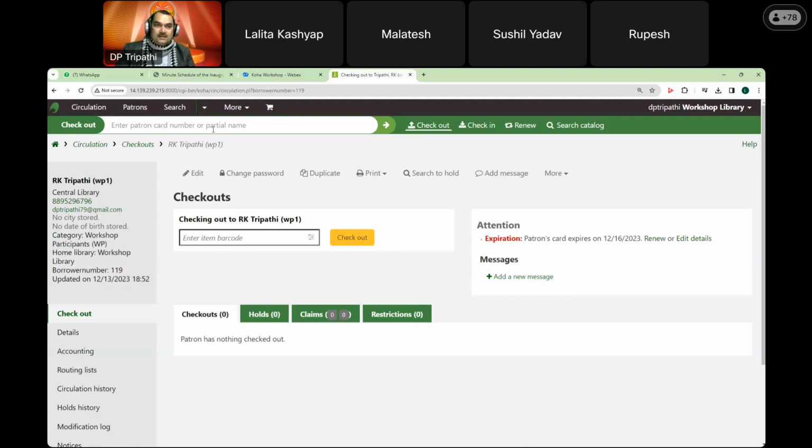If I give WP2, you see it will search the WP user AK Sharma. WP12, it will search the WP12 AK Sharma, means whatever the name it is. So this is the method of